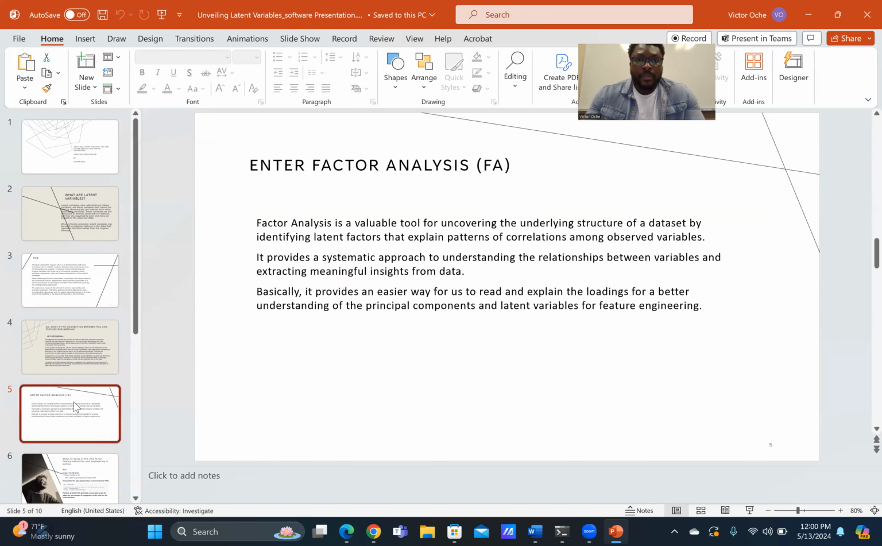So what then is factor analysis? Factor analysis basically,